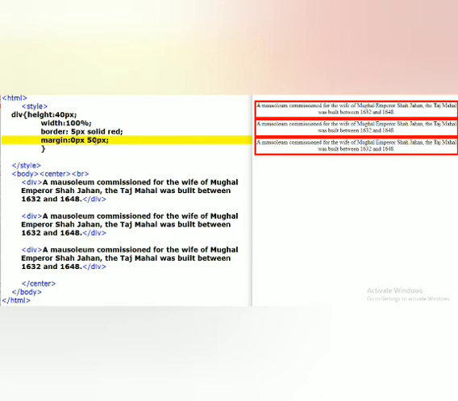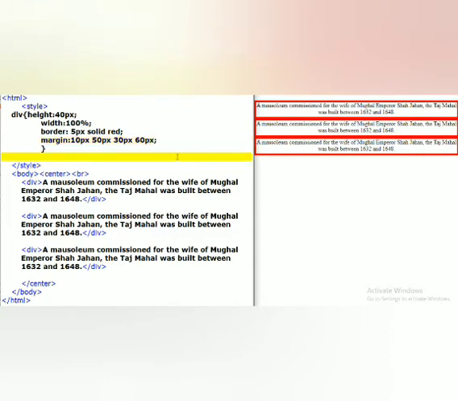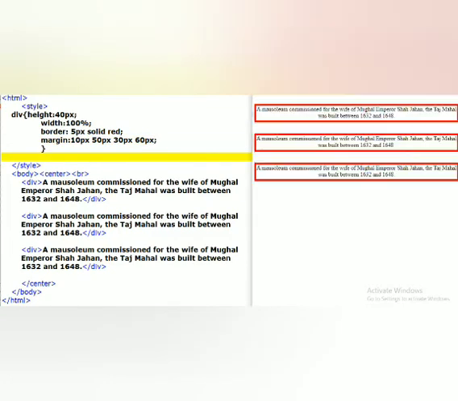We can pass 4 values for margin property. Different sizes of margins we can apply on all 4 sides here. 50, 30 pixels, any values we can pass. Means on all 4 sides, different sizes we can apply here. So refresh it.